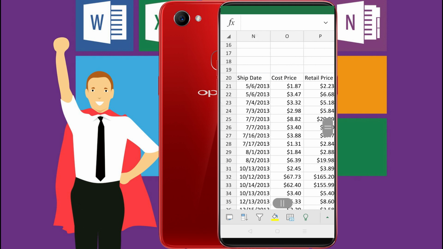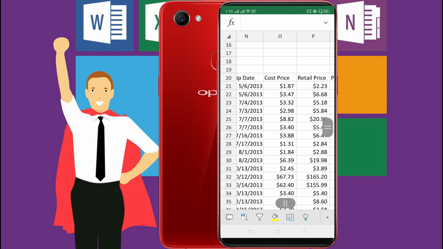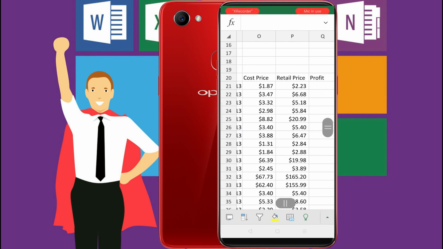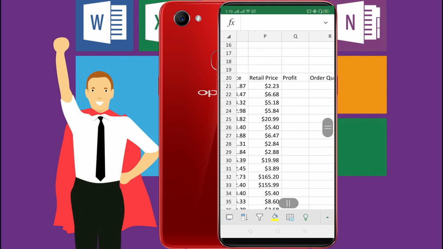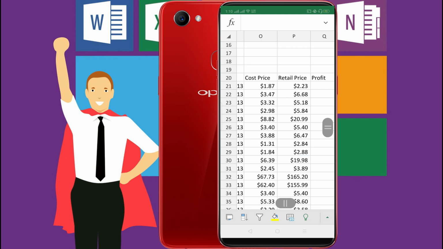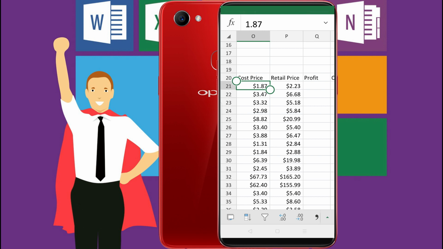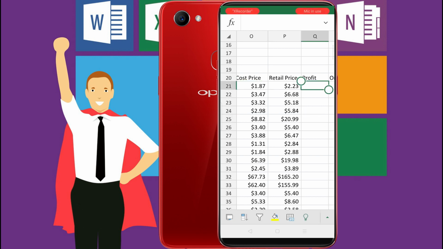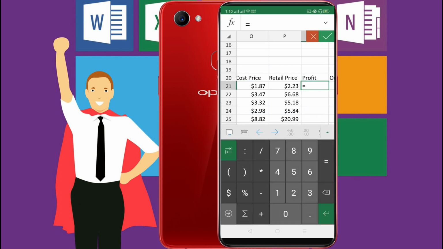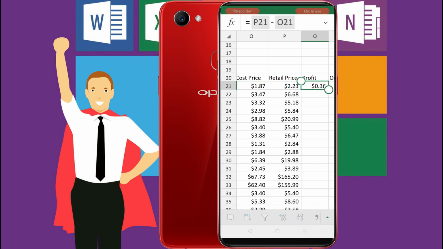Now we will look at this ugly chart. This is very ugly. Here look, cost price, retail price, and profit. To make our profit count, we have to subtract cost price from retail price. So first of all, we type here equal, then retail price minus cost price, then the check mark sign.